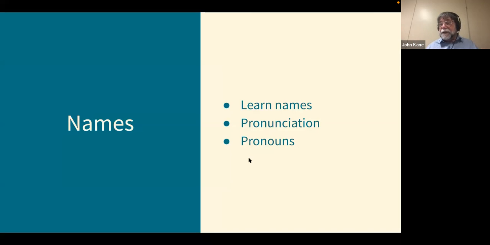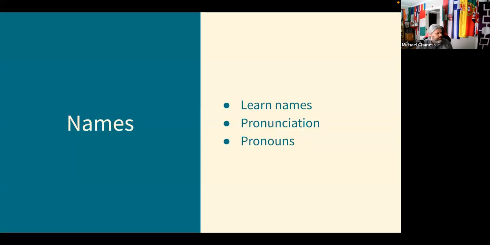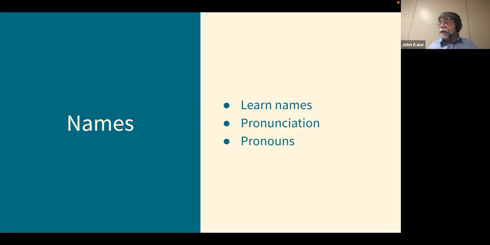Important things, and this has been discussed in other workshops, but learning students' names is one of the most inclusive things you can do in a class. And there's a lot of ways you can do it. One way that many people have used is to have students record their name and share that with a whole class. A simple tool you can use for that is Flipgrid. Flipgrid is a free tool, which is now owned by Microsoft. You can embed that in your class and just ask students to record their names and then spend some time